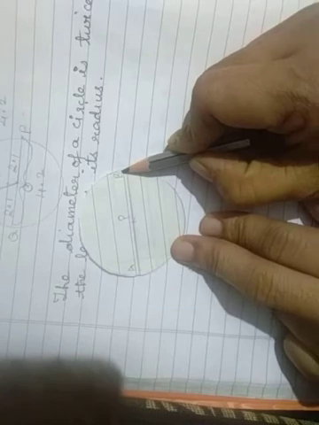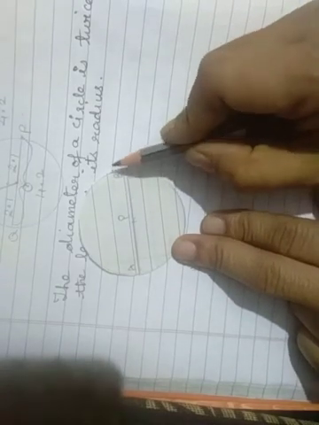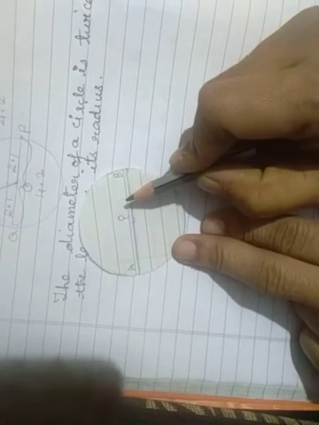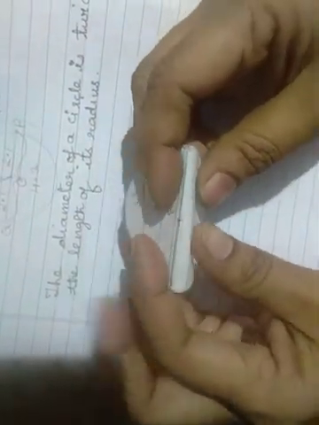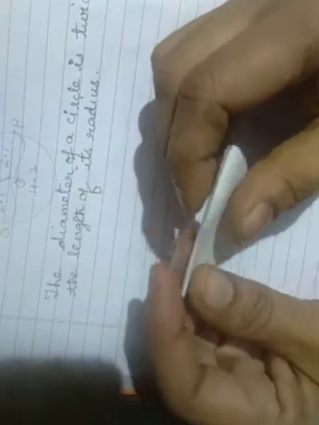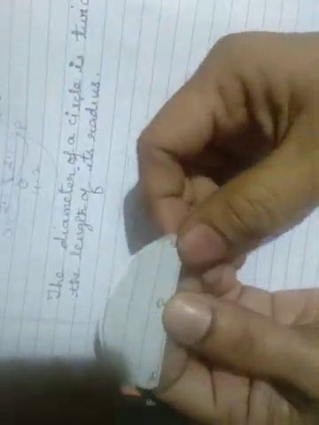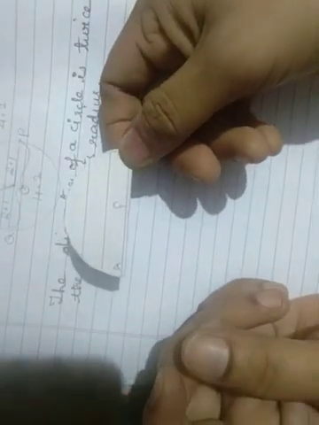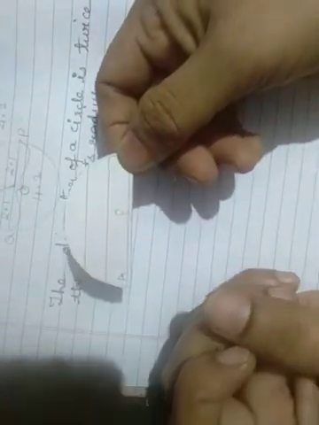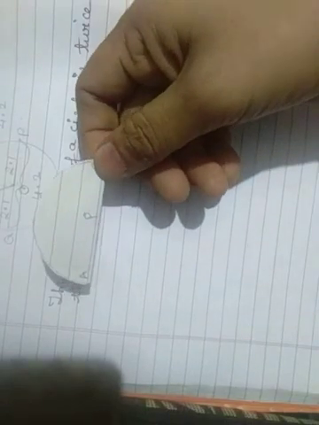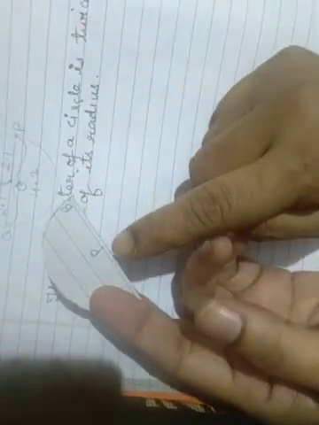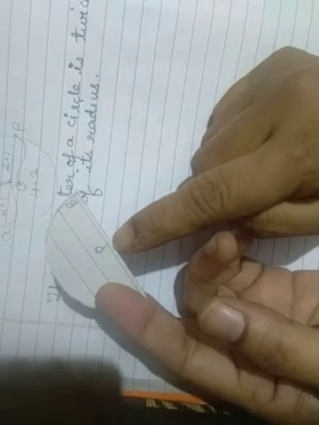Fine. Now what you have to do is that fold the circular paper along the AB as I am doing now. Fold it along AB, that is along the diameter like this. Okay, fine. Now you will get something like this, correct? Semicircle now you will be getting when you just fold it along the diameter. Now we will fold again one more time at the point P, that is at the center of the circle.